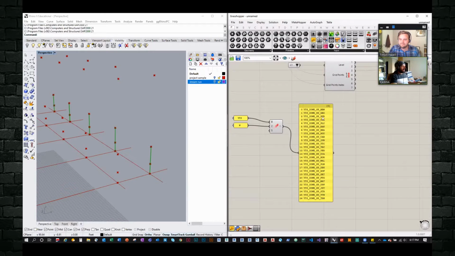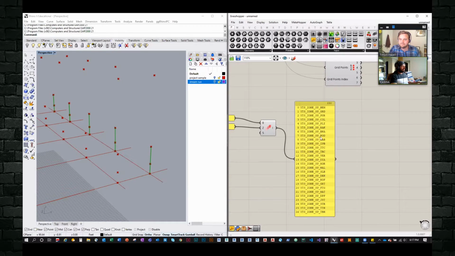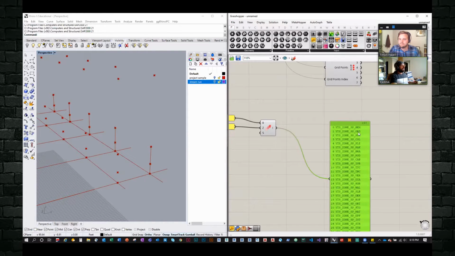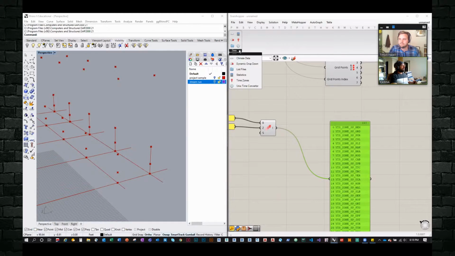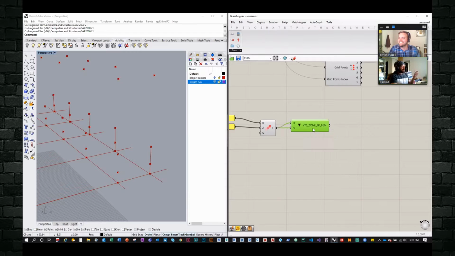So anyhow, this is my list of all unique elements. This is something we developed in the office. So this is a beam, a girder, purlin, column, and so on. Instead of listing this through a list item, I found this really cool plugin online. I can provide a link for it later. I forgot the name, KT, but I forgot what KT stands for. I downloaded this like a year ago.